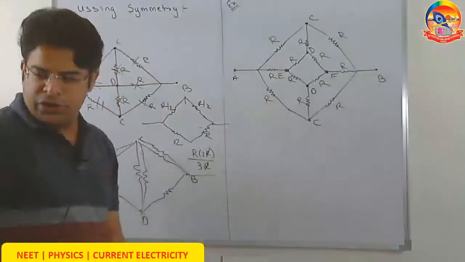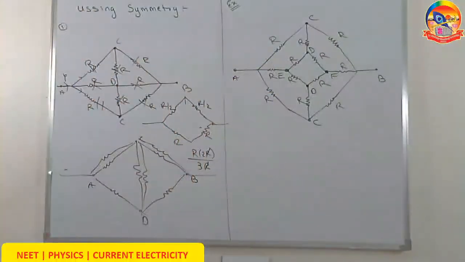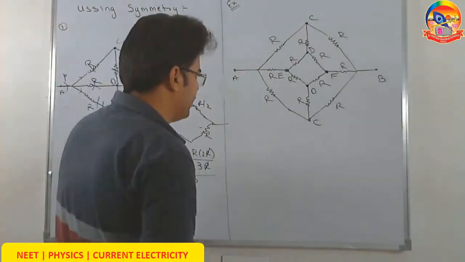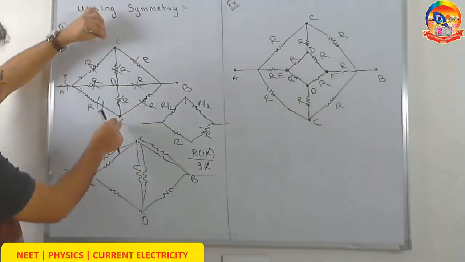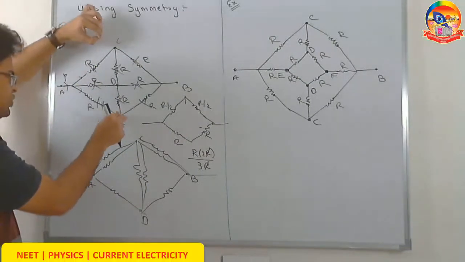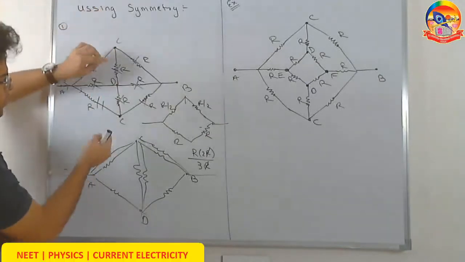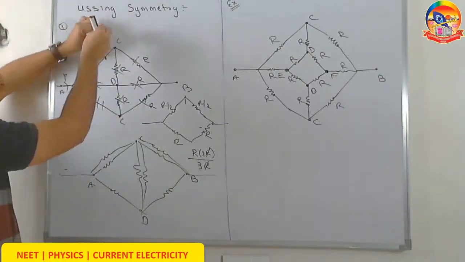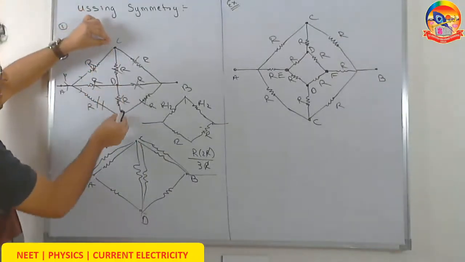Now what I am going to say, rather than redrawing it step by step, taking all points, we can do one more thing. We can think that these 2 points are C. Think that rather than redrawing it again, since these 2 points represent the same potential, I have joined them. Okay, so D to C once, D to C second one. Okay, D to C one this one and D to C another.